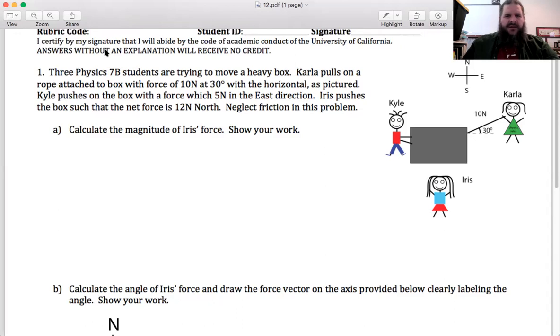So let's take a look at the other forces acting on the box. In cases like this, we usually represent the object we care about as if it's just a single point, in this idea of a free body diagram or a force diagram. So if we represent the box as just a point, because we don't really care where these forces are, we just care how much and what direction. So this point represents the box